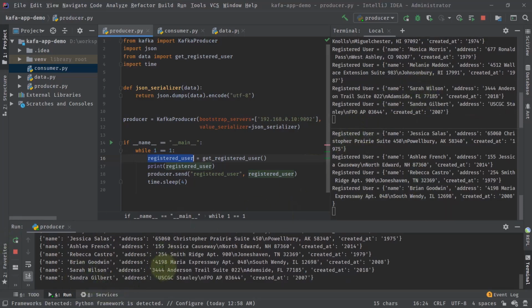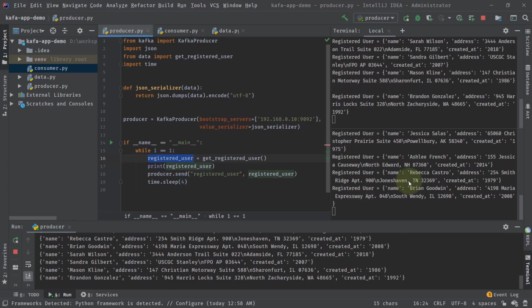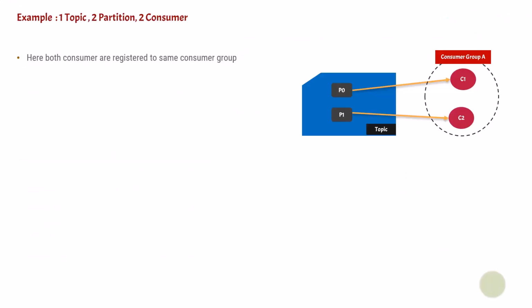So basically the publishing of messages is random, and the consumers are consuming the messages as soon as they are published to that partition. So I think you have understood the concept. Whenever there is a producer and the number of partitions is 2 or more, and there are consumers, they will consume from every partition they are assigned to. So if there are 2 partitions and 2 consumers, C1 will be assigned to one and C2 to the other, and they will start consuming from it.